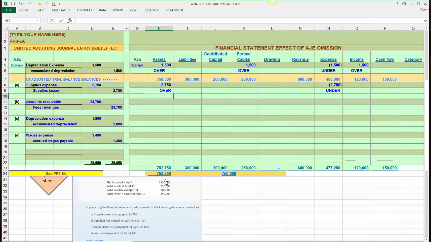With just these 2 items accounted for, you notice that the total debits, $752,750, do not equal the total credits of the balance sheet, $750,000, so that's a signal that there must be